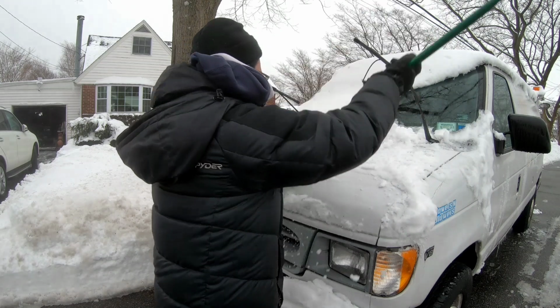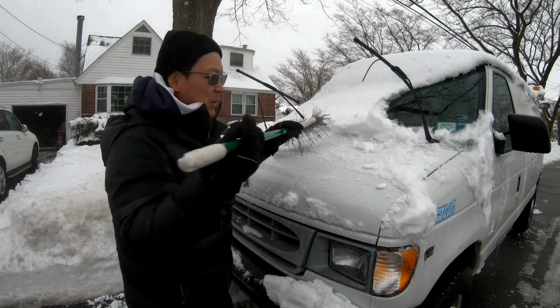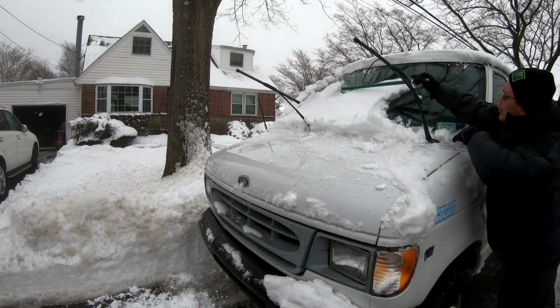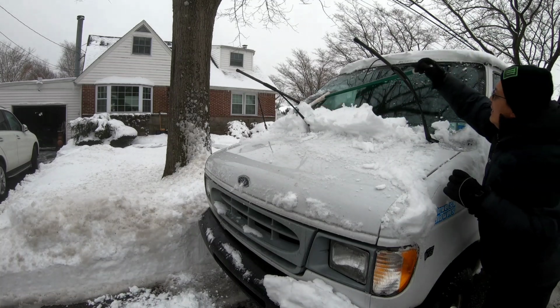Instead of using those little brushes on a car, use a big brush. How about a broom? Broom works better. Just push it off. Anyway,